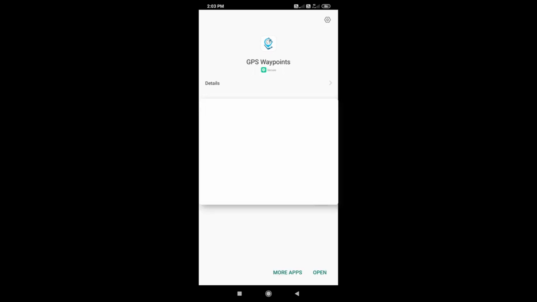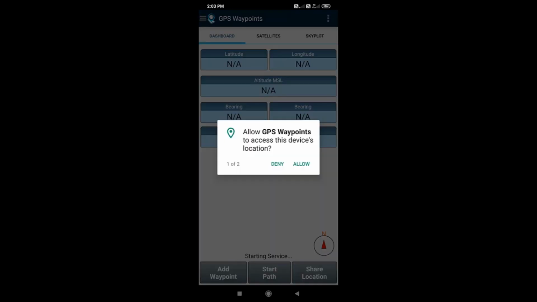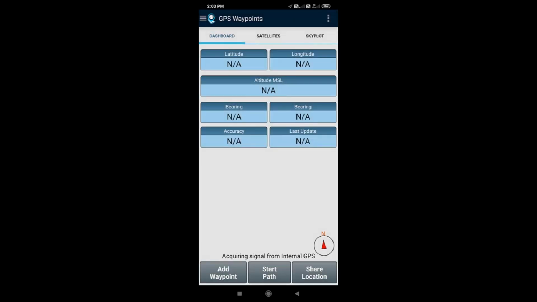Once the installation is over, click on open to open the app. It may ask you to allow access to a few things on your device. Click on allow.